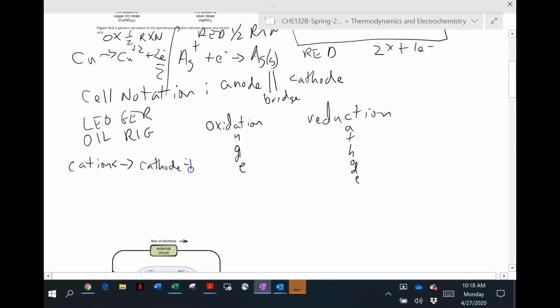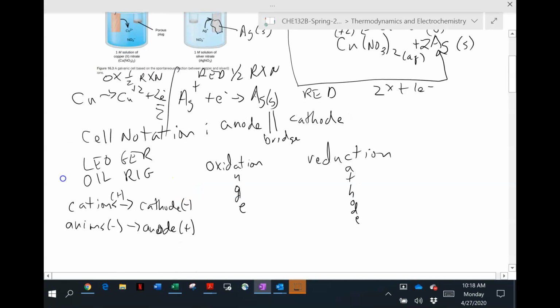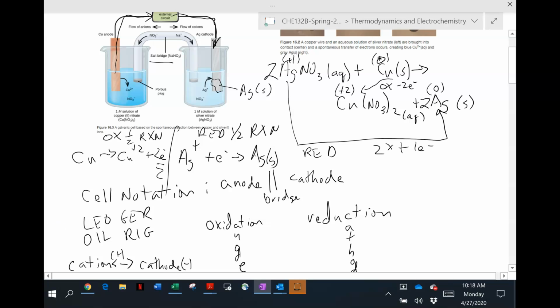So it means the cathode's actually negative. Anions, which are of course negative, and cations, which are positive, flow to the anode. So the anode is positive, and the anode's where the electrons are leaving. If we look up here, the electrons are leaving in this copper anode, and so if the electrons are leaving,